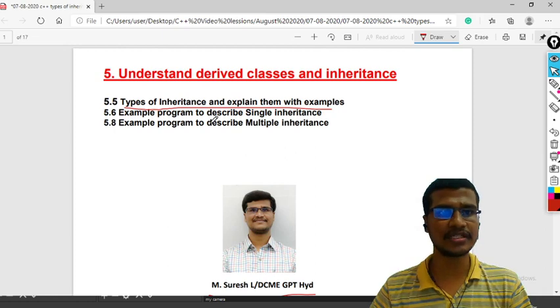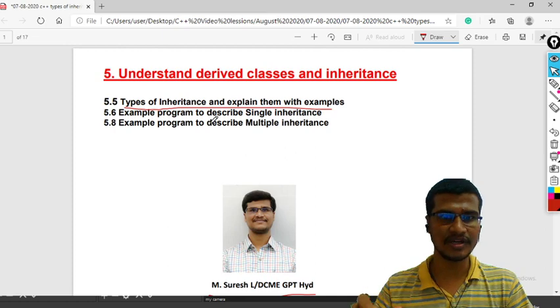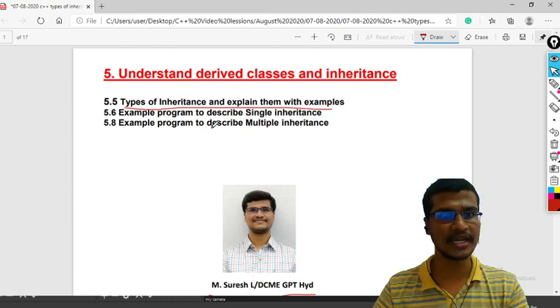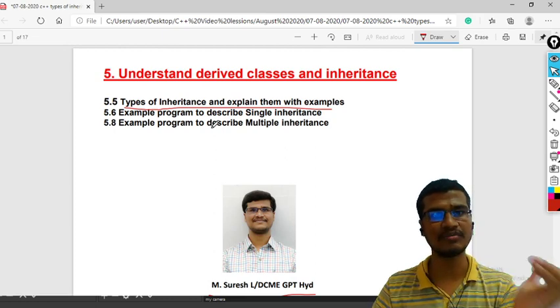But in today's class, we will exclusively discuss the different types of inheritance based on the classes involved. Whether only one derived class is derived from a base class, or two or more classes are derived from the base class, or one class is derived from two or more base classes.